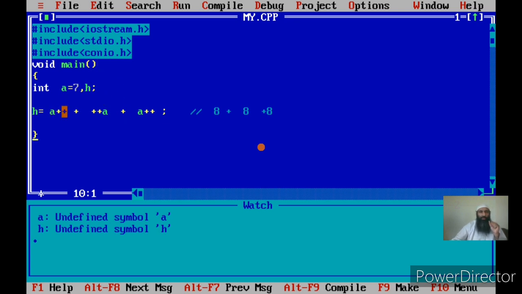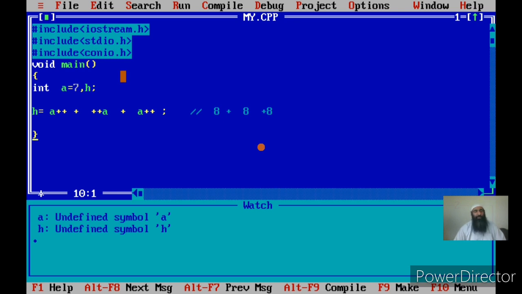We have to do one incrementation, another incrementation, and another incrementation. So we have to do 3 incrementations, and we have to do 2 additions. So the operations to be performed are 3 incrementations and 2 additions. But what is the rule? Only one operation will be performed at one time. This we have seen when we discussed arithmetic expressions, that only one operation is performed.